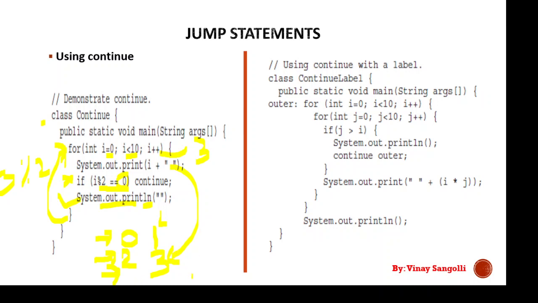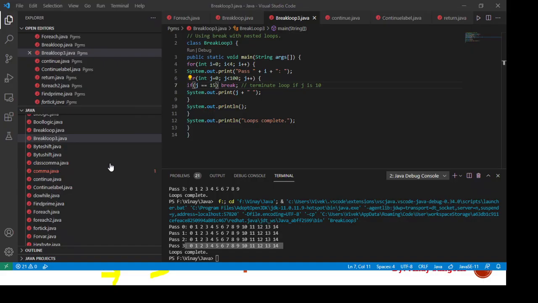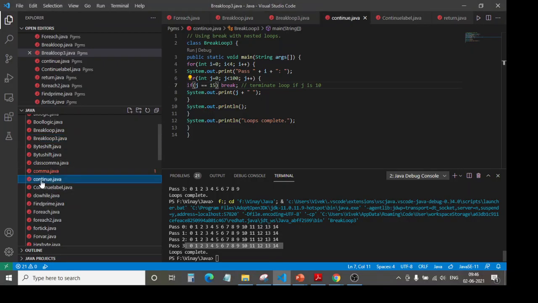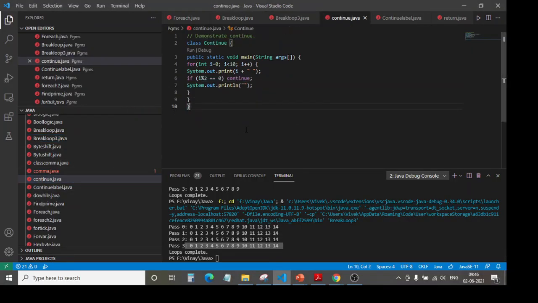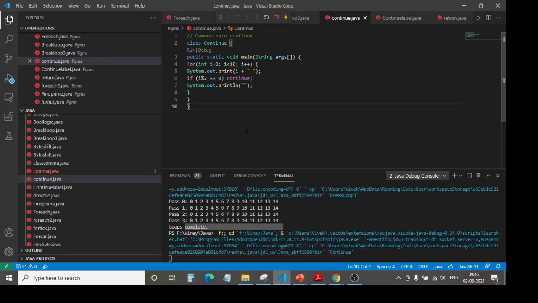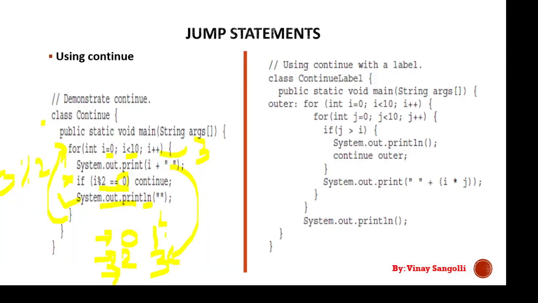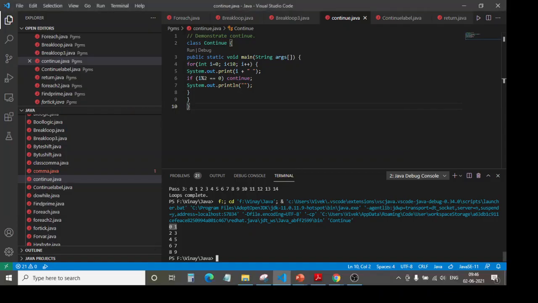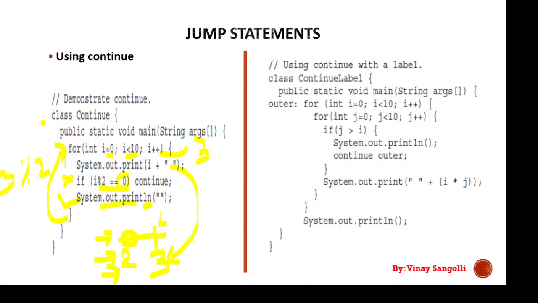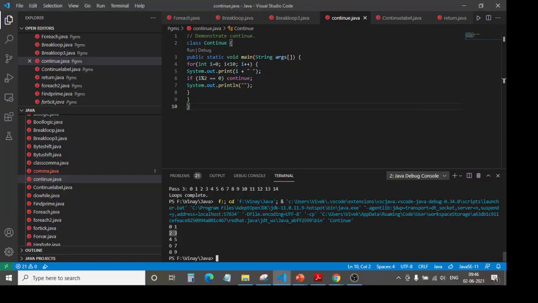So this is how it goes on executing, friends. I hope the continue statement is clear. We'll try to see it in the usual code. Yeah, so this is what we were debugging. See here, first it will print 0 1, next it will print 2 3, and this execution goes on 4 5 6 7 and 8 9.